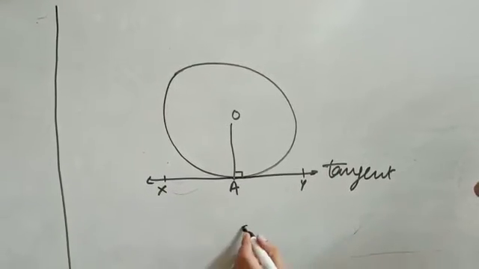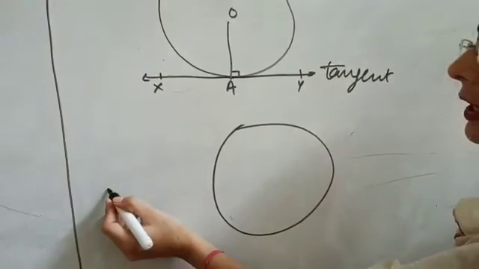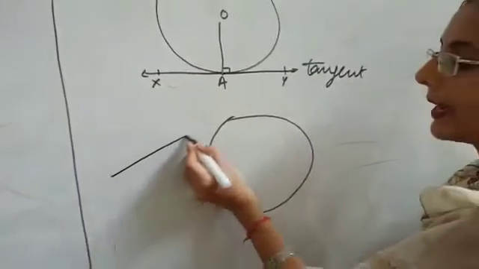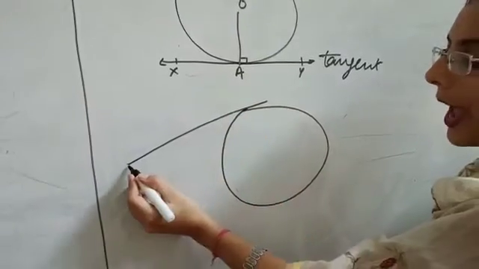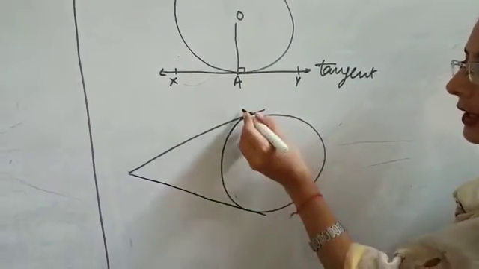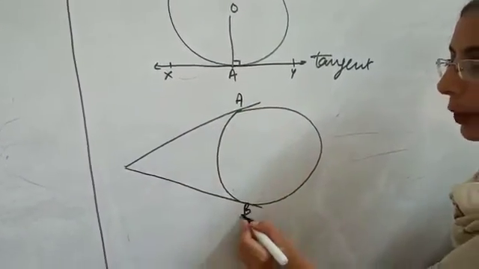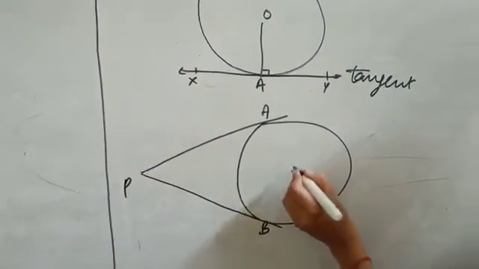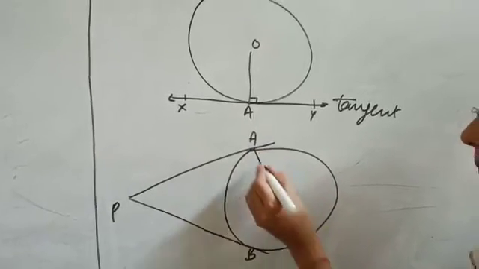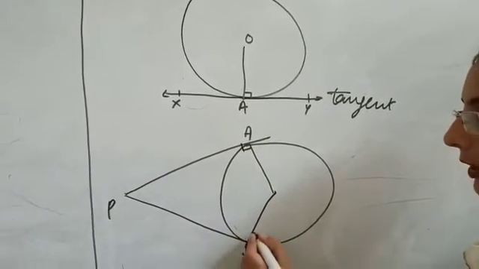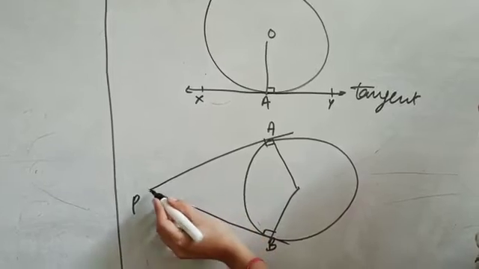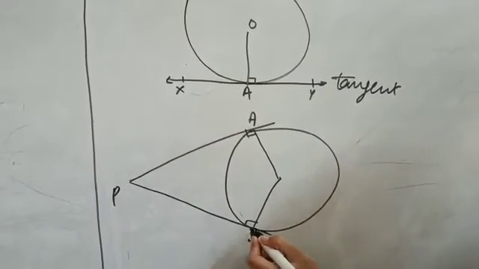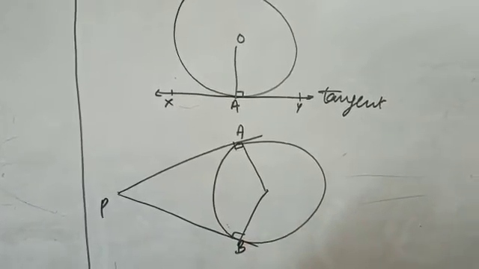Now the topic is, if there is a circle and from an exterior point there are two tangents. Suppose here is one tangent and there is one more tangent. Suppose here is the point of contact A and B is the point of contact. Let the exterior point be P. From the center we draw the radius to A, perpendicular here, and from the center to B also. Then we have to prove that PA and PB are equal to each other. That is theorem number 10.2. So let us do it now.